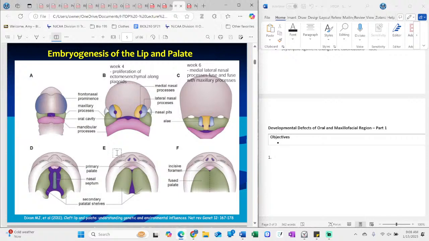So at the same time, maybe by the end of the 6th week of embryonic life, now you see a primary palate here that came from the fusion of this yellow portion, the medial nasal processes. But we also see the secondary palatal shelves. They start to form in this time. So secondary palatal shelves, initially they are positioned in a vertical position, like they are vertically oriented along both sides